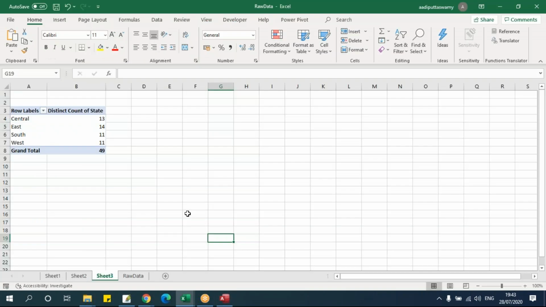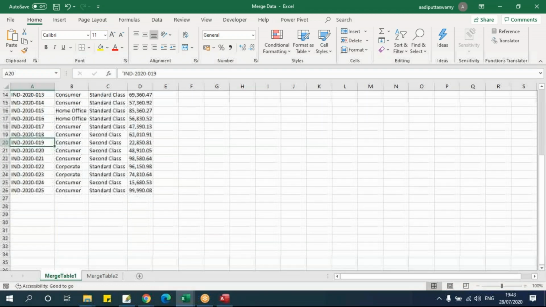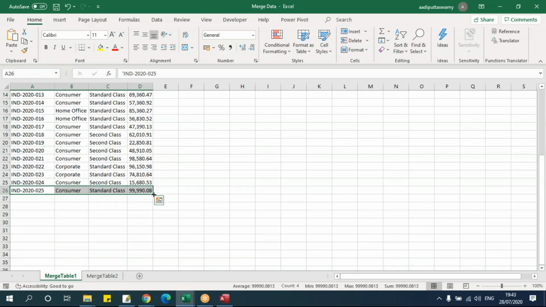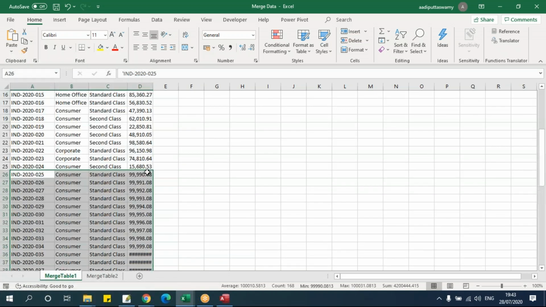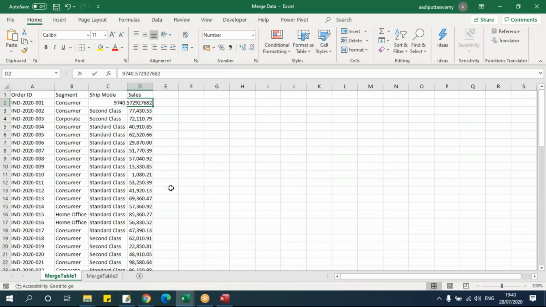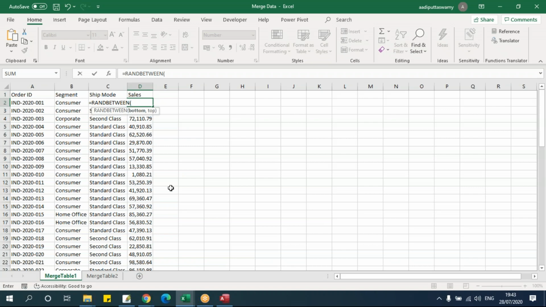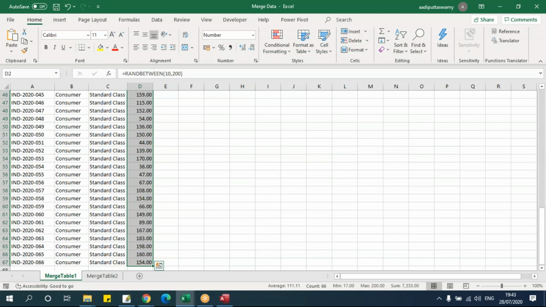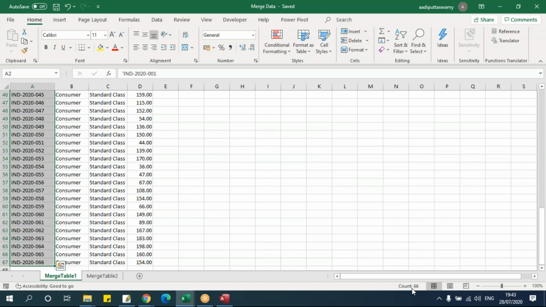Now what we'll do is try to add data there. Here I'll try to add some more data. Let's select, I'll just drag it. Let's give some random number. I'll just give some small number there. Just give 10 to 200. Now if you see, the values here got changed. Now I'll save this and let's check how many records are there now. There are 66 records now.